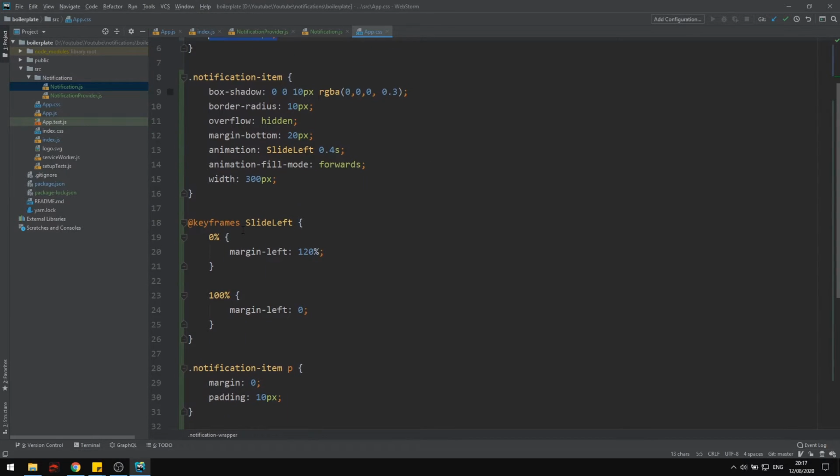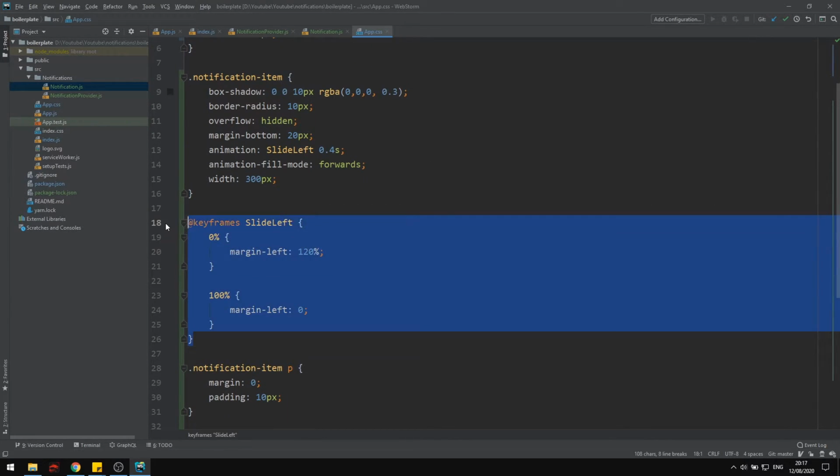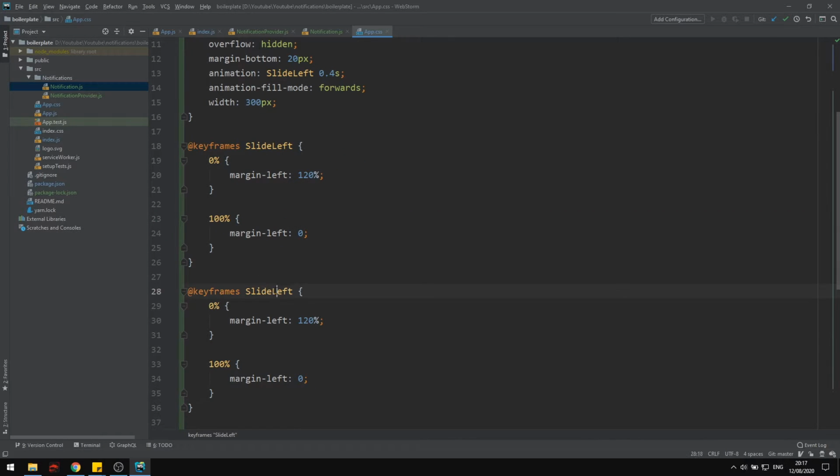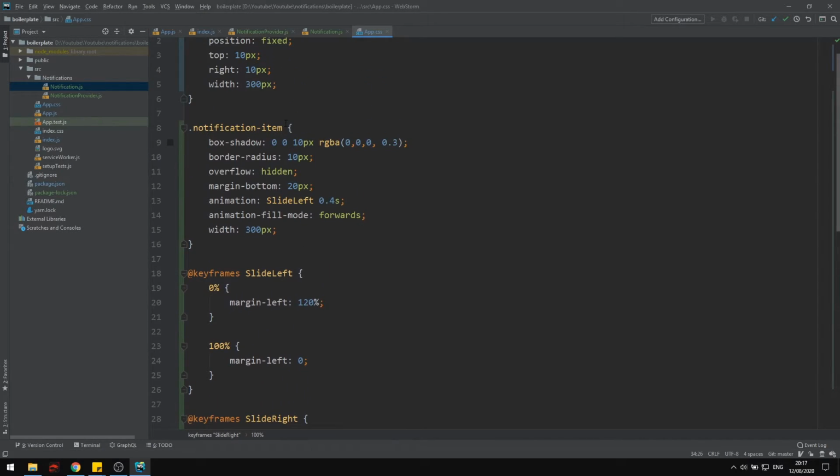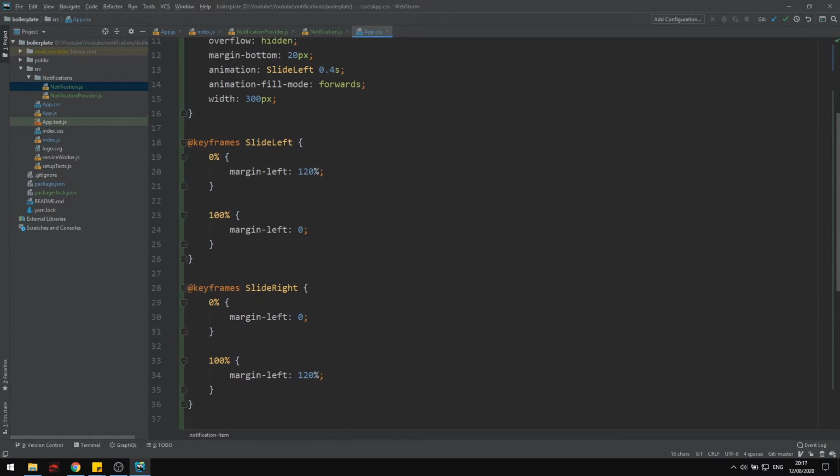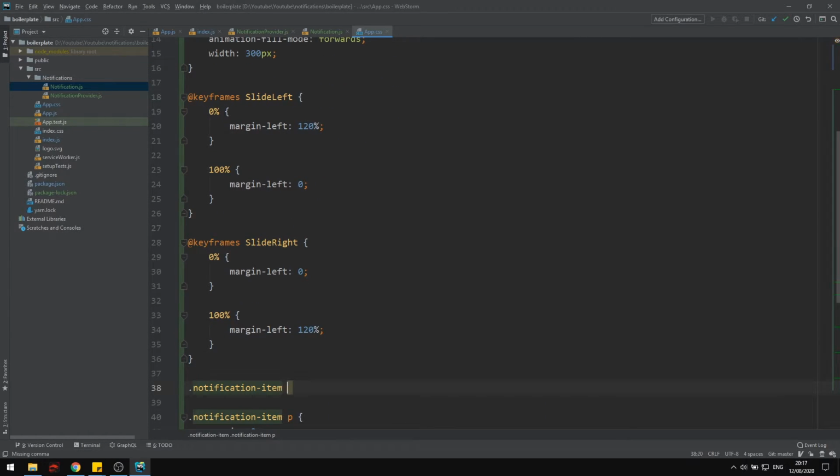And then I'm also going to create one more keyframe, which is going to be slide right. So this is when we exit, where it's going to be the opposite. And then I'm only going to apply this on